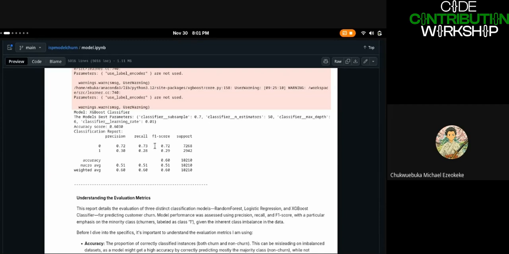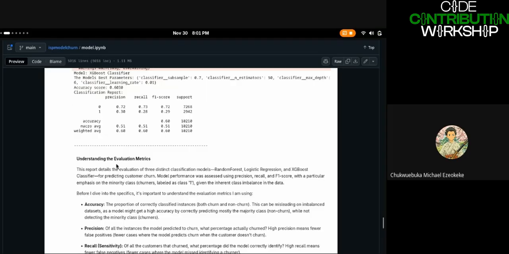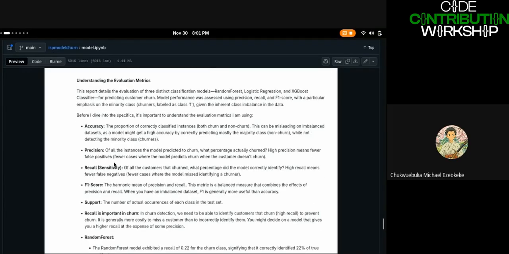I have my F1 score, I have my recall, I have my precision. So now understanding the evaluation metrics. Accuracy is the proportion of correctly classified instances, both churn and not churn, and it can be misleading on imbalanced datasets, as a model might get a high accuracy by correctly predicting the majority class while not detecting the minority class. So when you have issues like this,